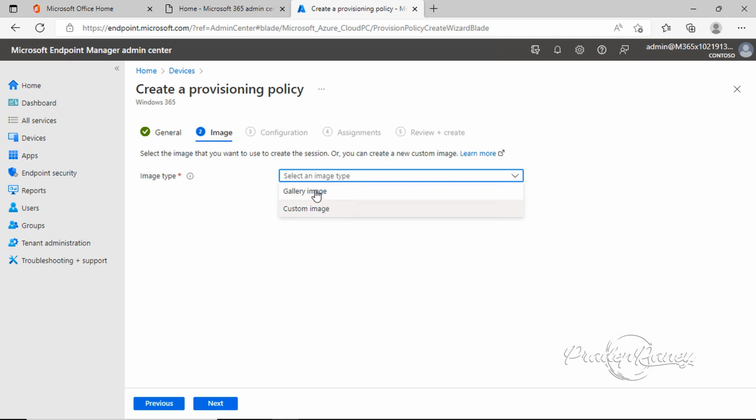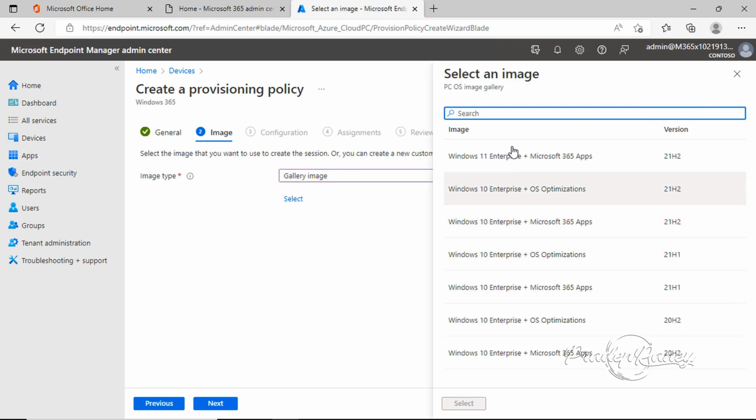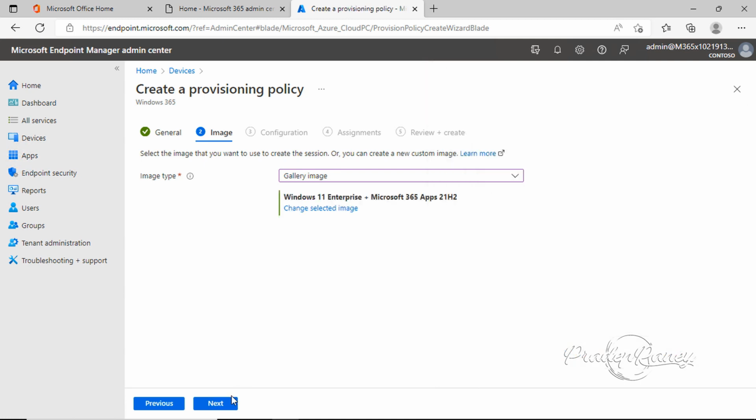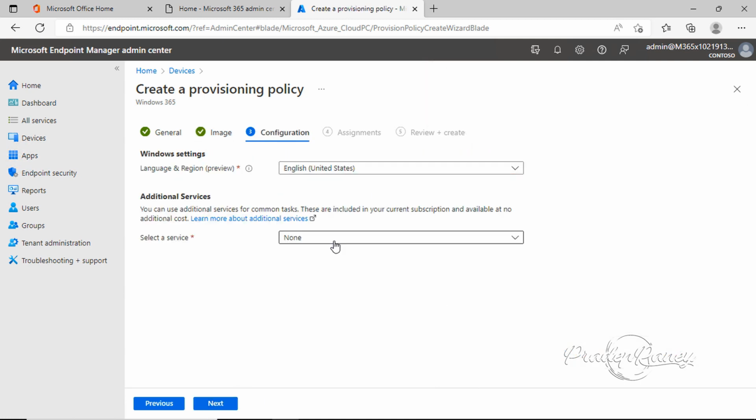Now this is where there are gallery or custom image options. I don't have a custom image, so I'll use a gallery image and select the images which are available. You can see Windows 11, Windows 10, along with Office 365 OS optimization. These are the few options which are available. I'm going ahead and selecting Windows 11 Enterprise. Next,